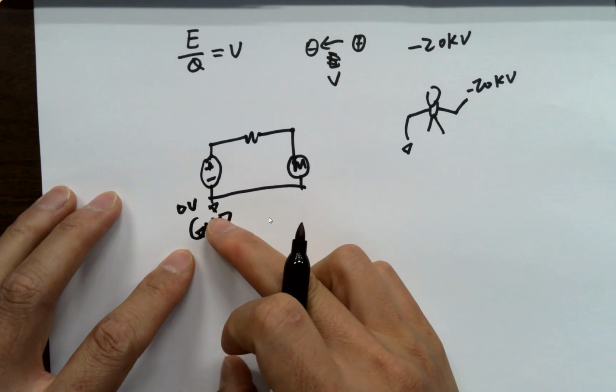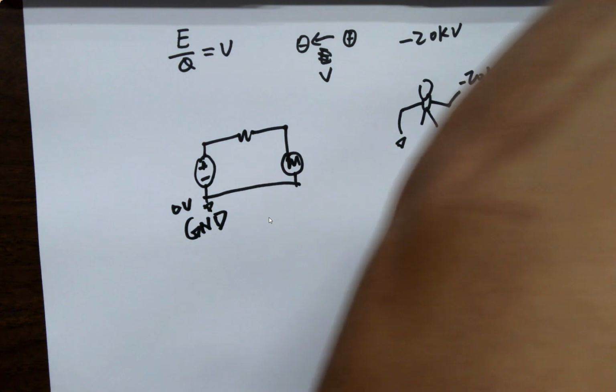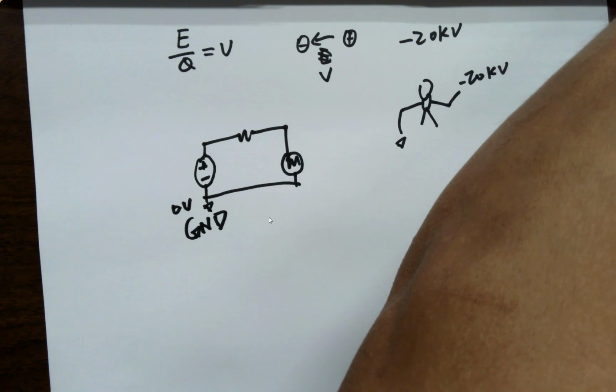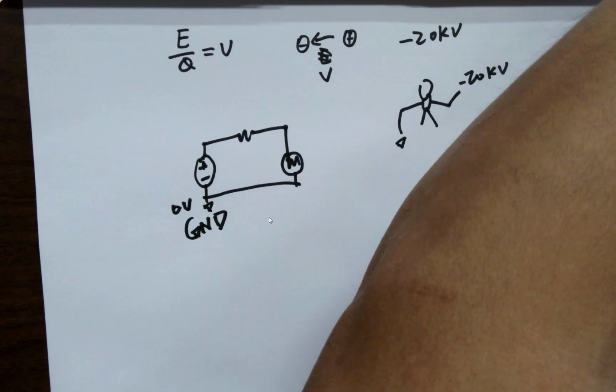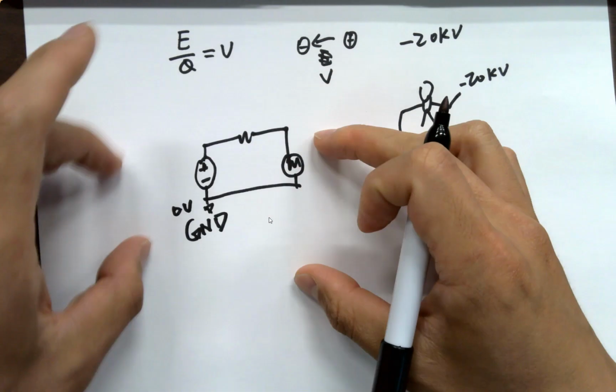So this ground is definitely different from the ground over there. Since we just put the circuit board on the table, there's nothing connected to the ground over there, okay? We don't have to worry about that right now. After you deal with all the circuit stuff, you will be able to understand. But for now, just remember that the ground we are talking about in the circuit